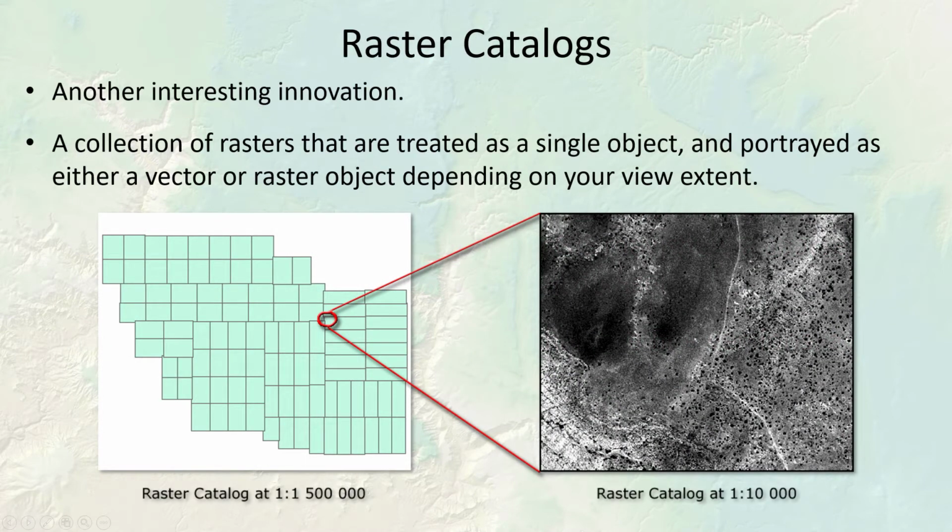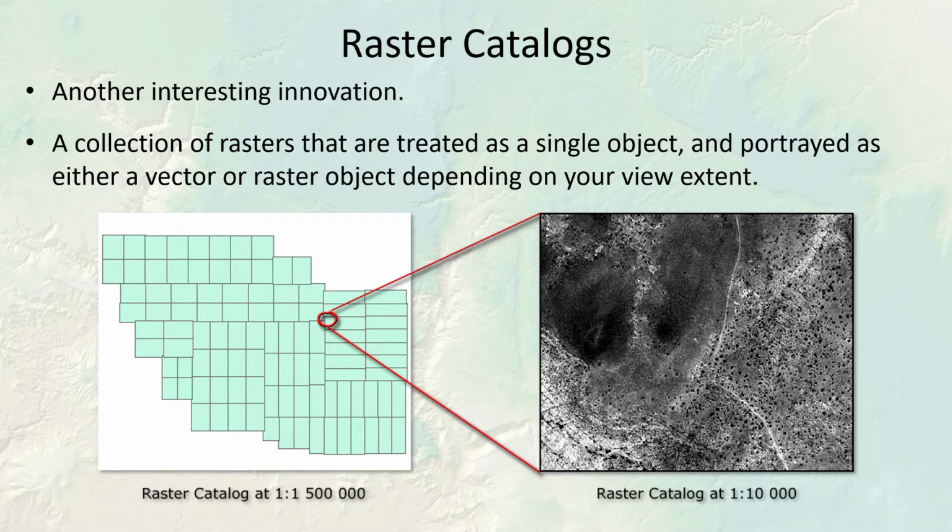Raster catalogs are a collection of rasters that are treated as a single object. ArcGIS uses the extent of each separate raster to determine what should be drawn in the map. For example, you might have a collection of hundreds of aerial photographs that cover a region. Now, it's kind of a pain to load all the images into ArcMap at once because they fill up the table of contents and they painfully slow down the drawing speed. But if you put all of these images into a raster catalog, then you can simply load the single catalog into your map. ArcGIS will determine which individual rasters to display depending on where you're zoomed in. And if you zoom out too far, then ArcGIS will just show you a set of rectangles that represent the